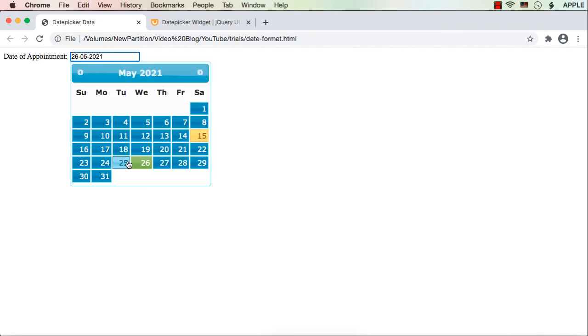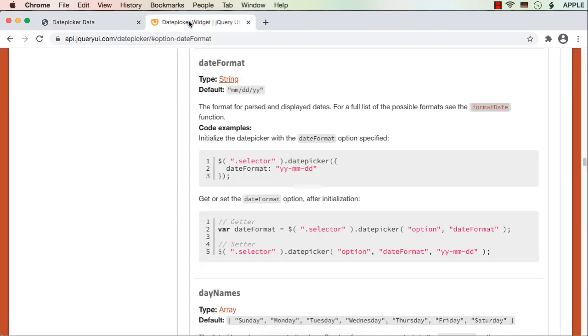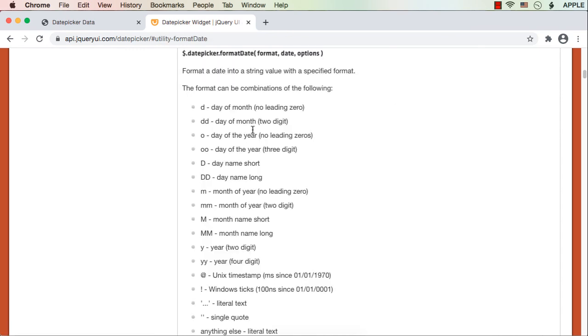Now, if you want to get the day, that is the name of the day. If I click on 26th, it is a Wednesday, right? So if I want to display Wednesday here, you could click on format date so that you can see different formats available. That is, for a full list of the possible formats, see format date. Now if I click here, you could see the full list, and here you could see that DD in capital will give you the day name long.